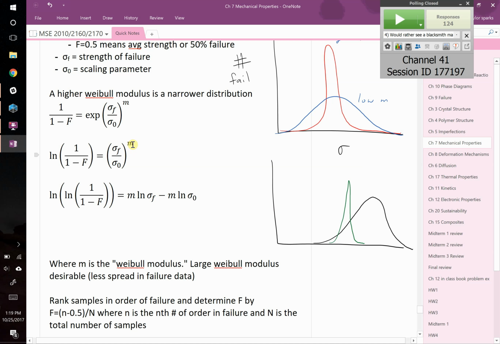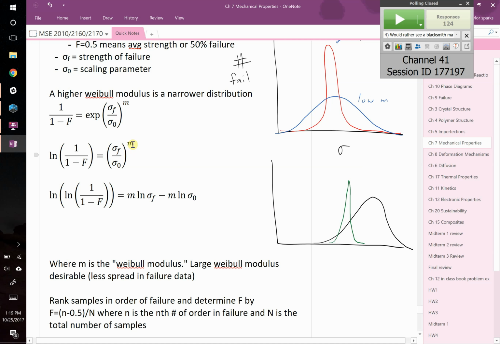Okay. So then the next step is, if you want to do Weibull modulus, you needed F. We figured out F. Now, to make this look linear, we'd like this whole thing to be Y equals MX plus B, right? So we'd like to plot for X the natural log of our failure stress. Fair enough? So again, if you come over here, we're going to plot the natural log of our failure strength. This time you have to have 2 columns, like Rosa asked. You have to have one for the weak value and one for the strong value. In both cases, you're just taking the natural log of that value. Okay? Then you have to have,